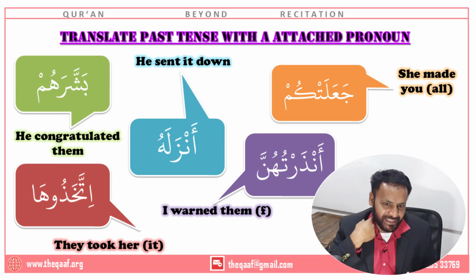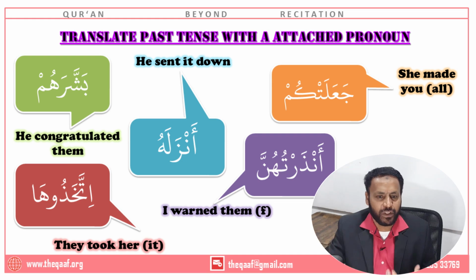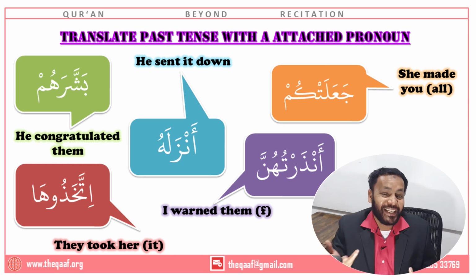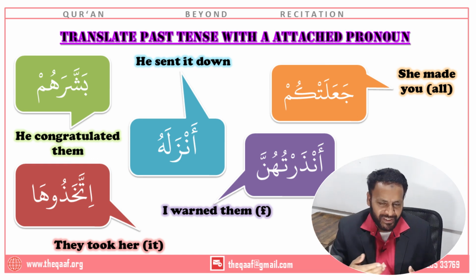So if something was sent down, we can translate hu, instead of him or his, as it also. So it could mean he sent down him. That's also okay, if you send down some person, some baby, some boy, whatever it is, he sent down him or he sent him down. That's the proper English. We don't say he sent down him, we say send him down. Or we can use it. That is also possible. It could be a thing.